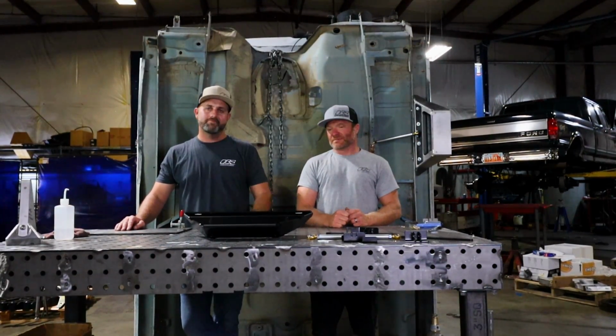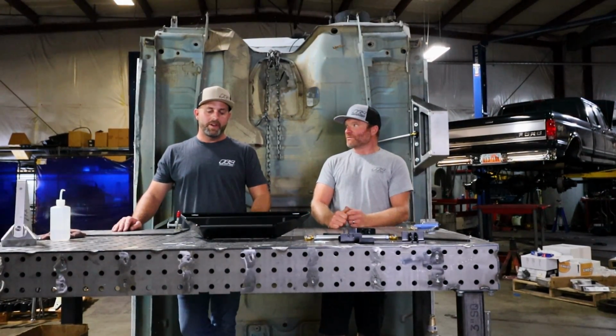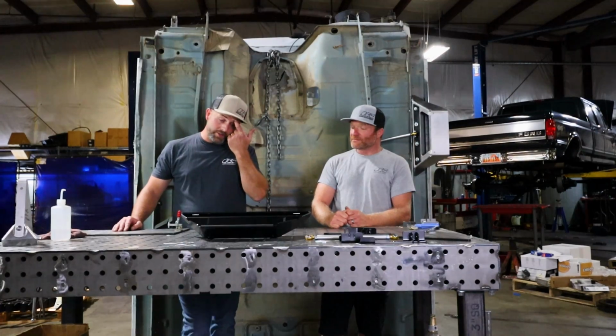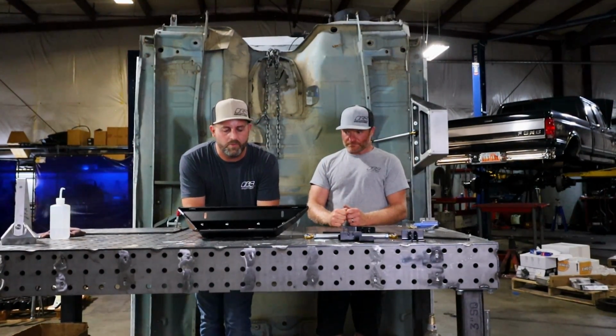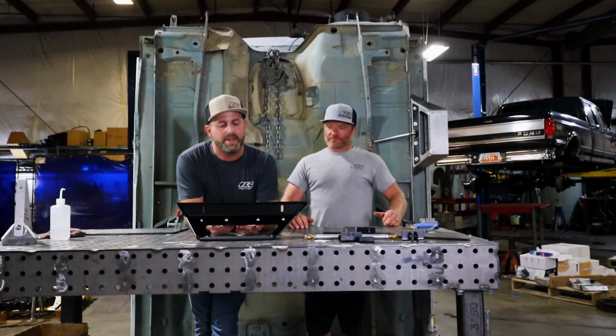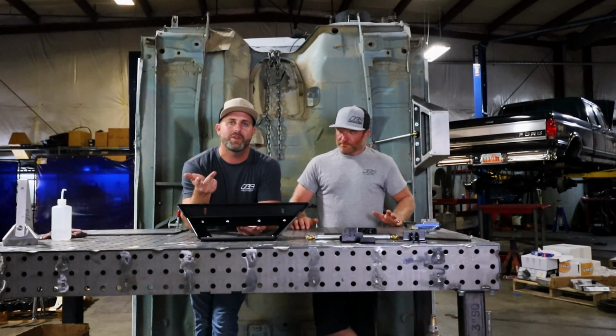Talking about a new product. Yes, it is a product we had in prototype for a while. We're finally done with it. Absolutely. We've been working on this for like 6 months or more. This is a new step, and we've utilized the latest and greatest in processes, materials, tooling, everything we could find